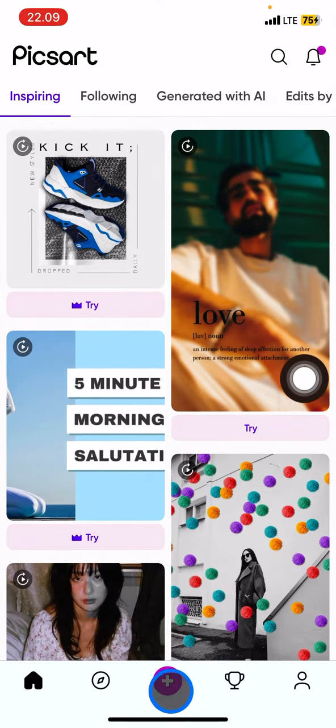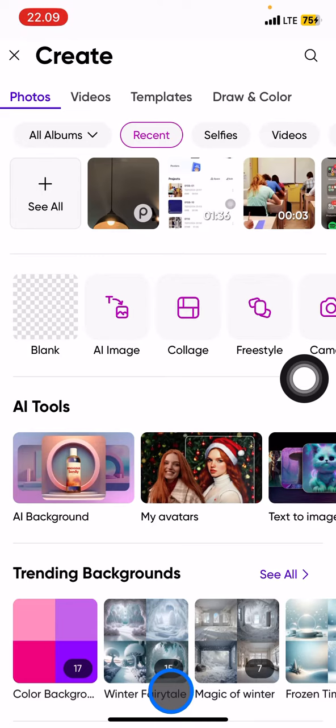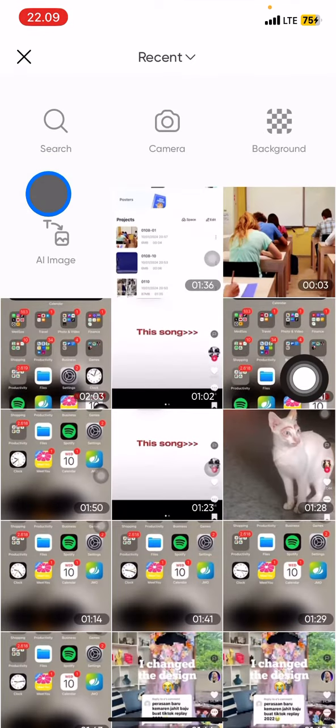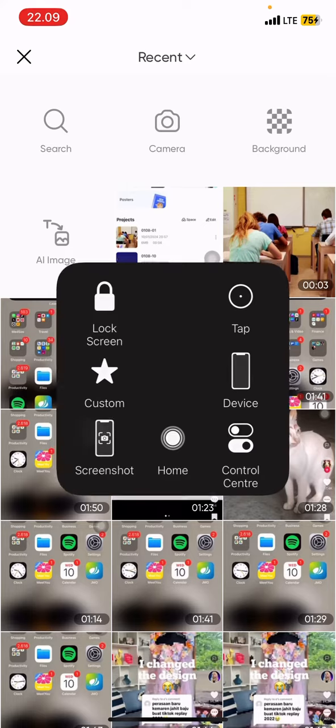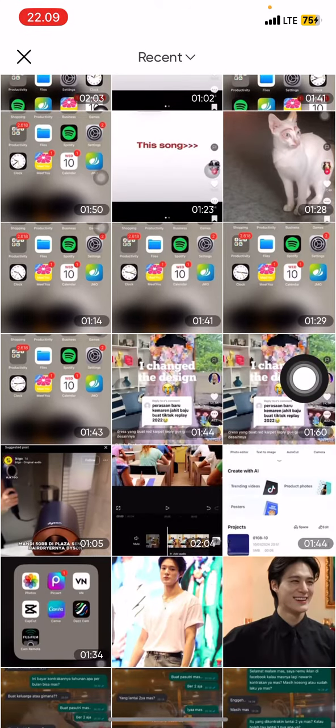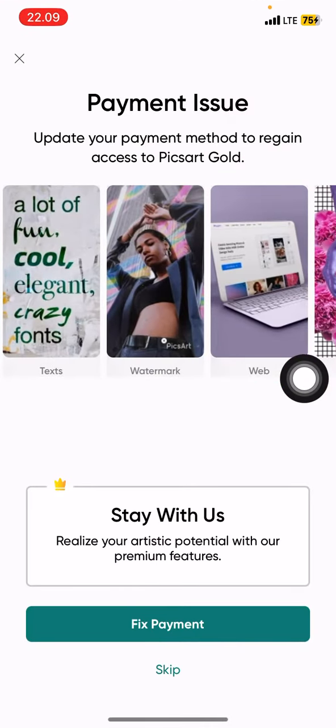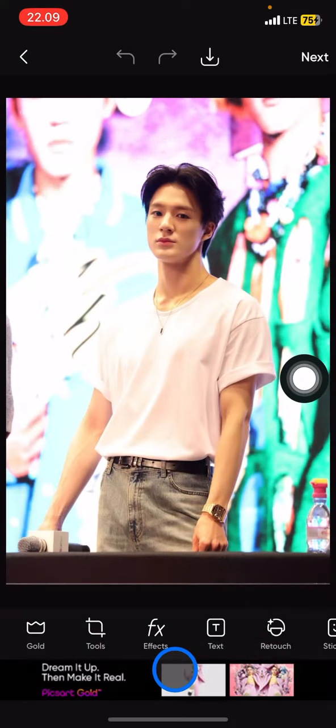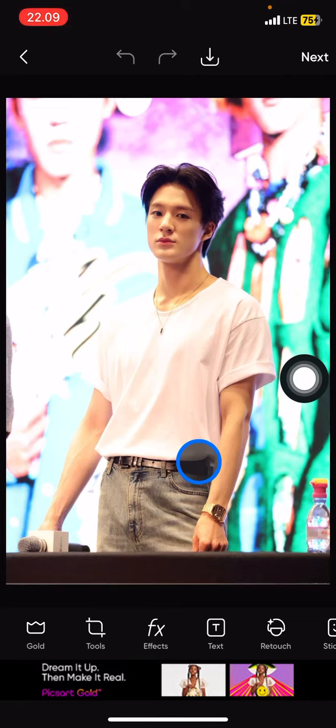now you just need to click this plus button, and then choose and pick the picture that you want to apply the editing to. Just find the picture first, and whenever you're done, click it and you will work with the project. And here we already have the picture, and to get a blur or motion blur face, you just need